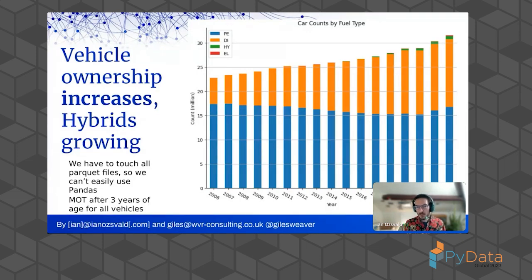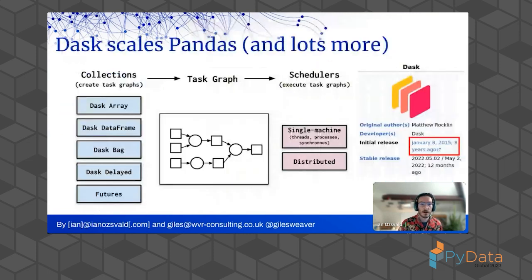What's happening with vehicle ownership per year on this open data set split by fuel types? We have to do a little bit of work here, but really we're saying for every year, so we've got to touch all of those 850 Parquet files, how many petrol, diesel, hybrid and electric cars go through a vehicle test. And vehicle tests lag new sales because you have to do a vehicle test 3 years after a vehicle has been purchased for new vehicles. So we only see a couple of electric and hybrids. But the big picture here is that the thing's going up. So more people in the UK are owning cars. Vehicle ownership is on the rise.